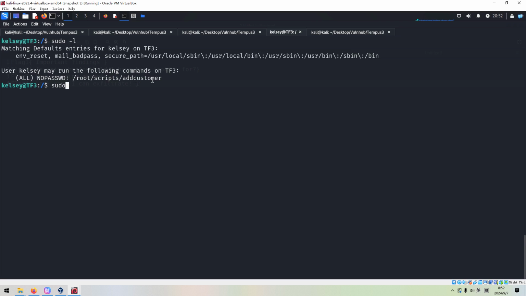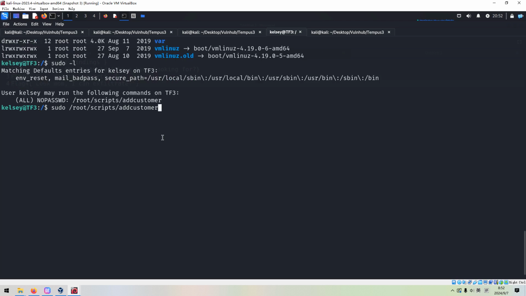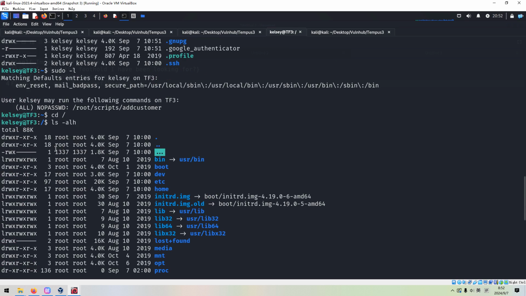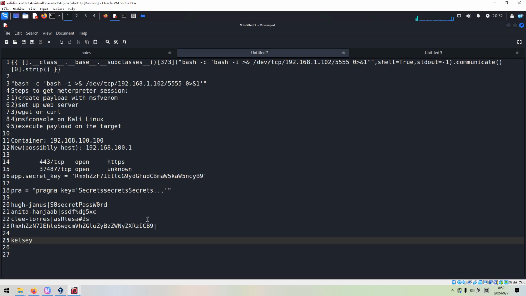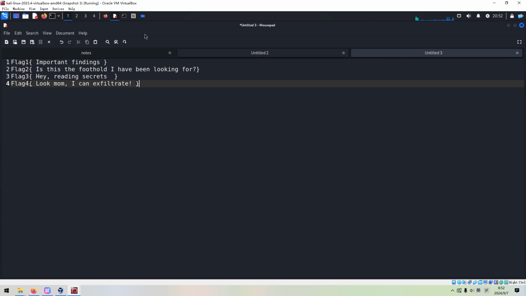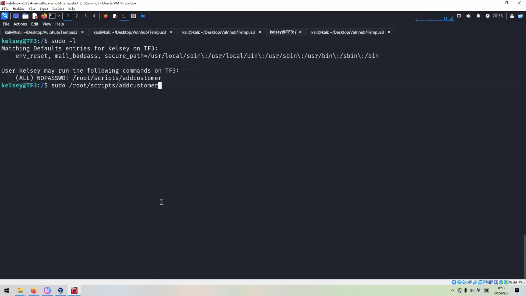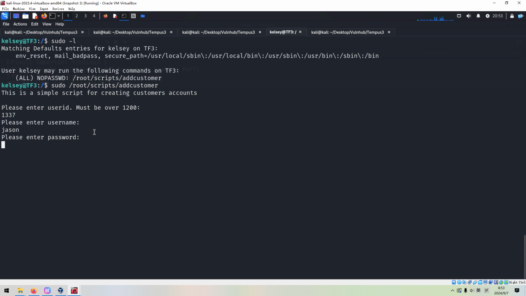We can sudo scripts add customer, and we can use any username like JSON, and any password, 1 2 3 4 5 6.